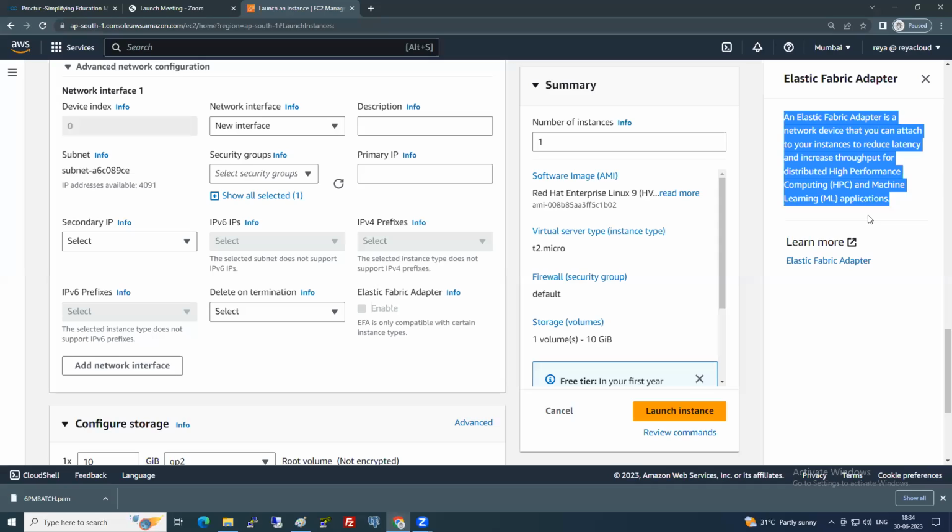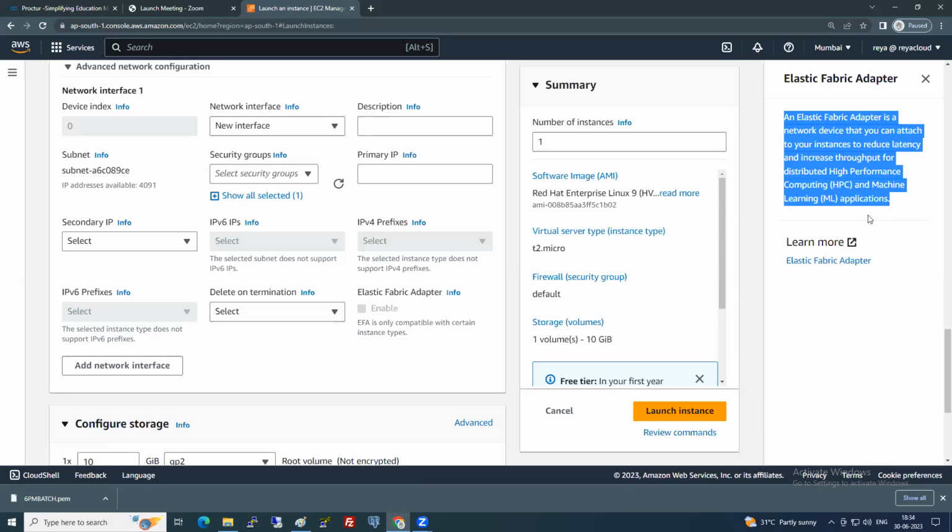EFA is a network device that can be attached to the EC2 instance to reduce latency and increase throughput